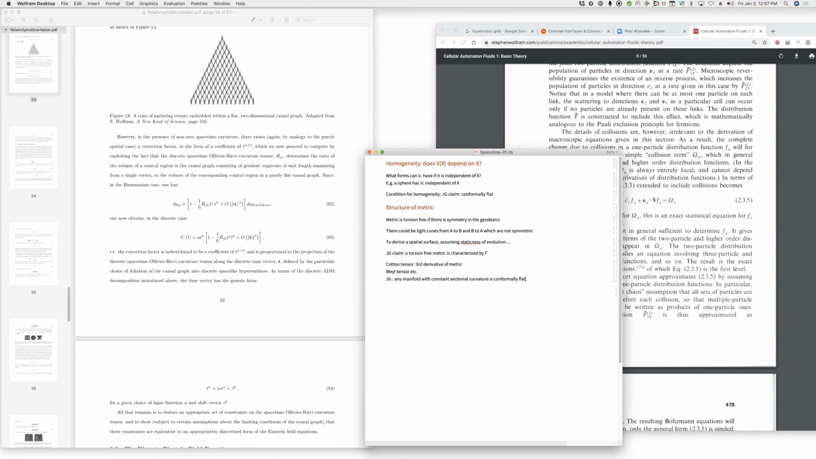But so the question is, if V of R is independent of X, then that implies, you claim, well, okay, if that's the case, then V of R has a certain form. What can we say about that form? You're saying that the form,